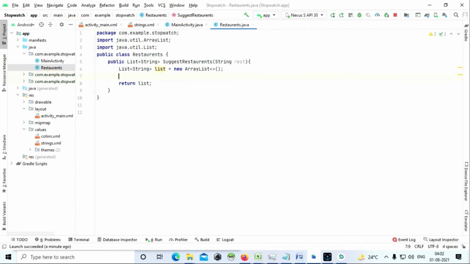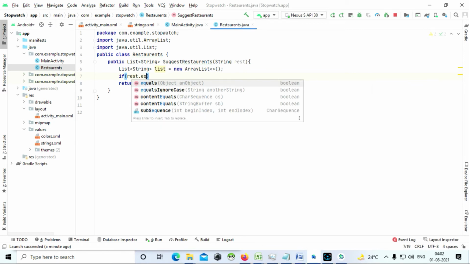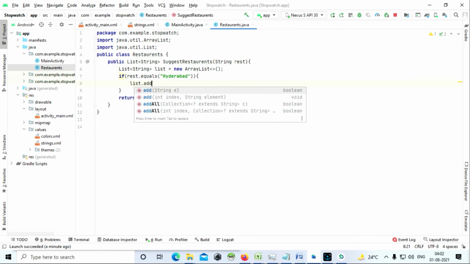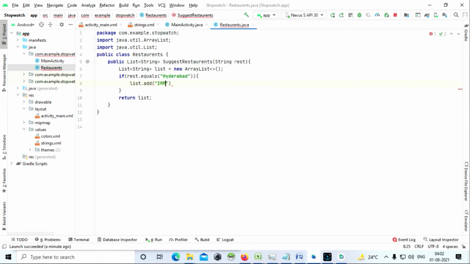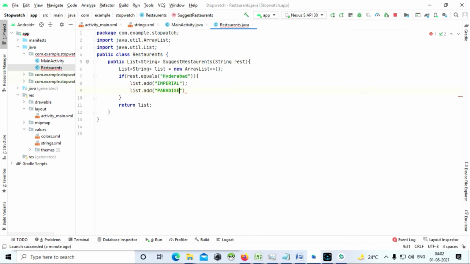Well, if conditions here: if res.equals Hyderabad. Let's say it is Hyderabad. Now if it is Hyderabad, let's add certain things to the list. list.add, restaurant name is Imperial. Let me add list.add Paradise.